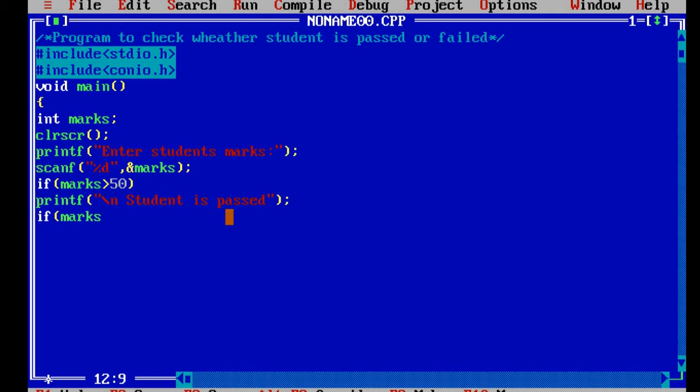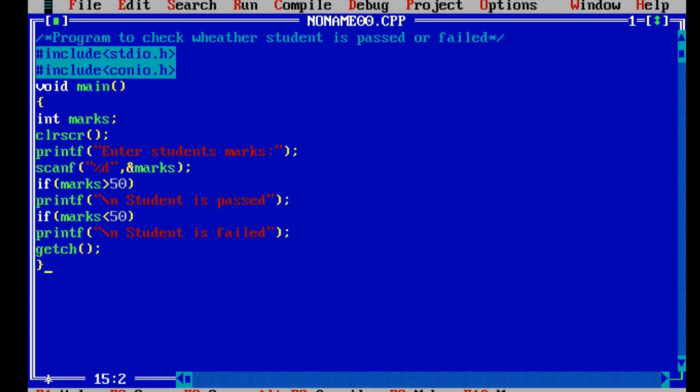So if marks is less than 50, then give one more printf statement, "\nStudent is failed". Complete the double quotes, close the bracket, then close the curly brackets.